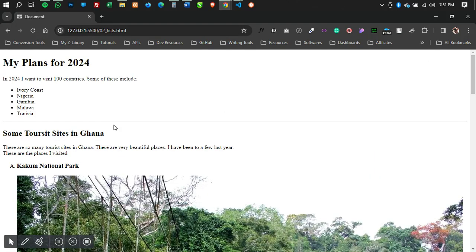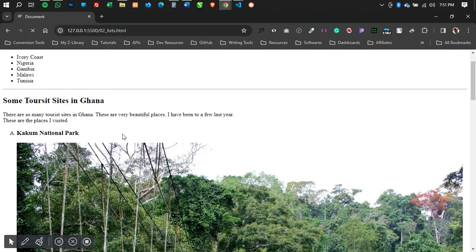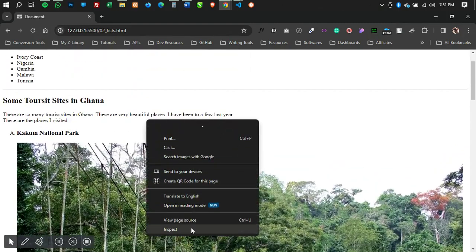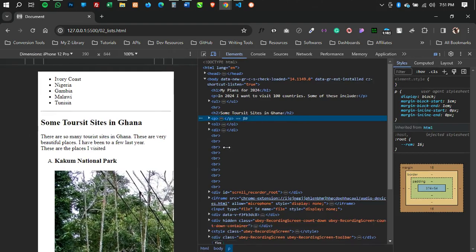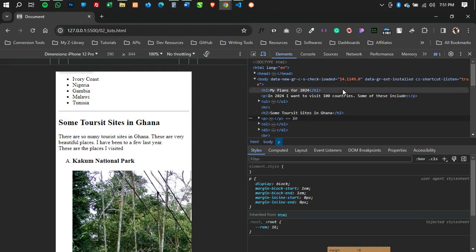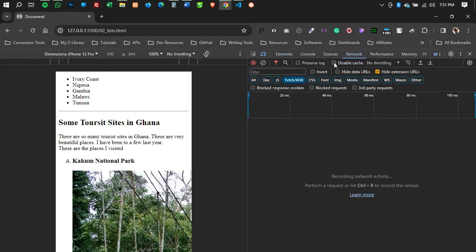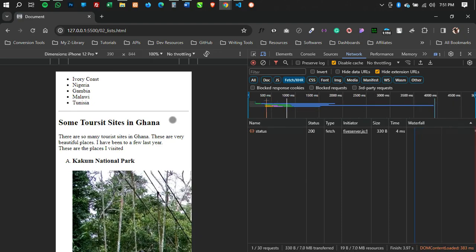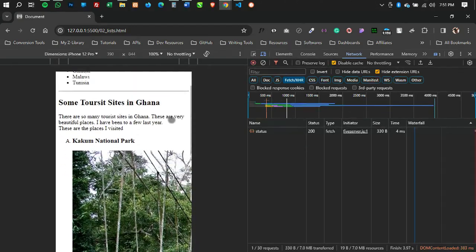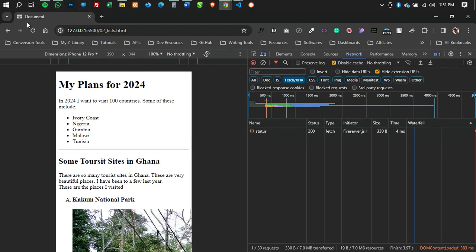So I'm going to load this page and please pay attention to what happens over here. I think it's going to happen right here. So you guys should please pay attention. Let me go to my network tab and let me reload the page. You see how long it's taking for the page to reload, right? Kindly, when I'm reloading the page, you should check here. Let me clear everything. Disable cache.